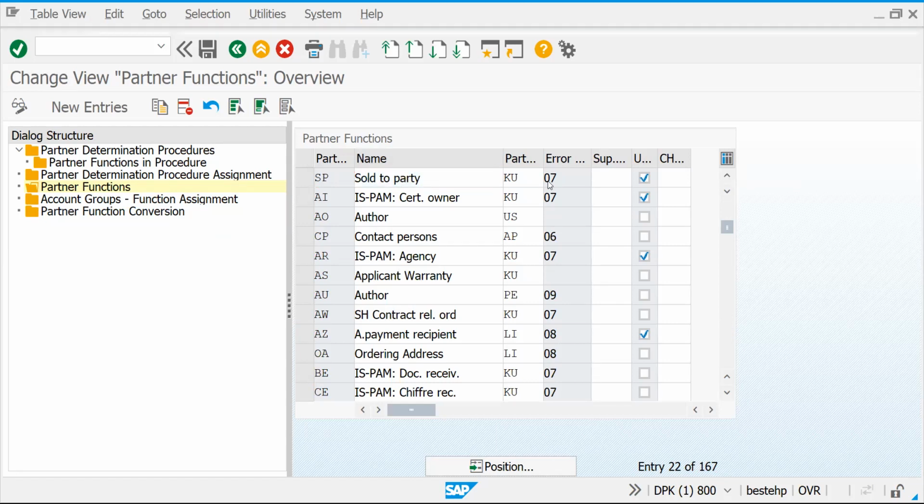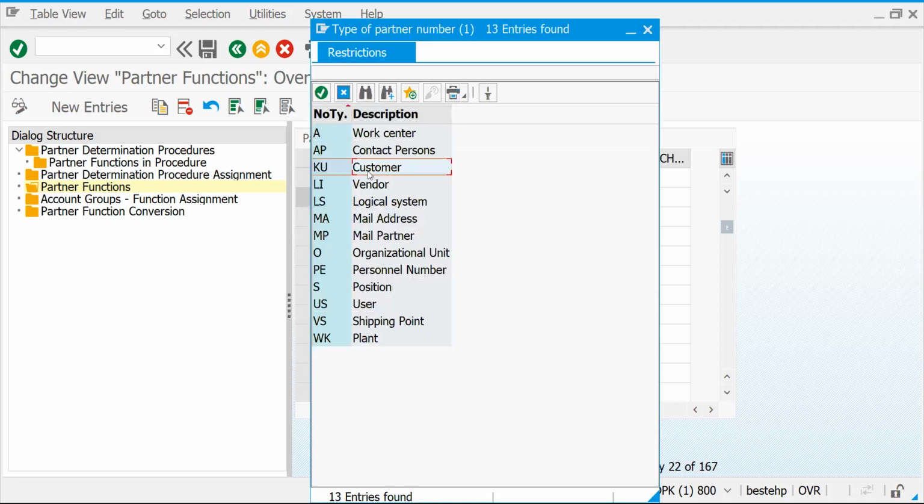And this is the partner role. If I am giving a 2-digit code for sold to party, how will the system come to know? If it is an ordering party, the system should understand it by a certain piece of code. That is written by the standard system, or, if it is a new partner, by your technical ABAPer, the technical consultant. If you see KU, it says always customer.